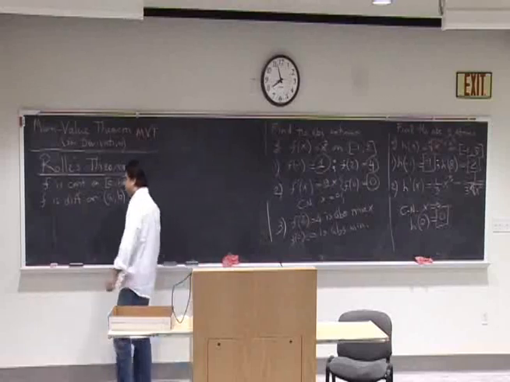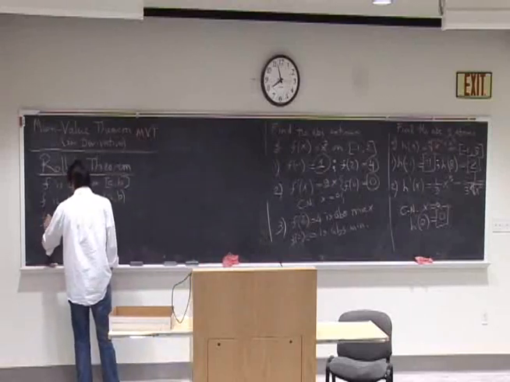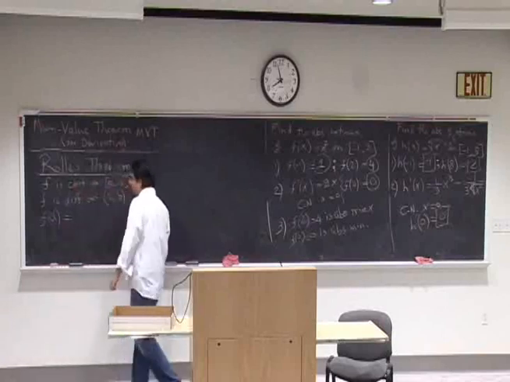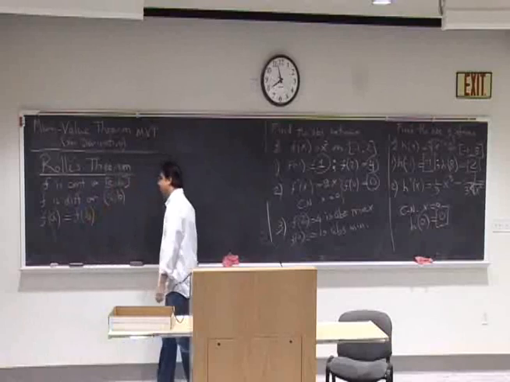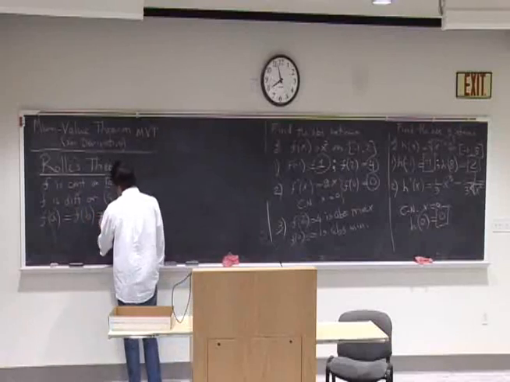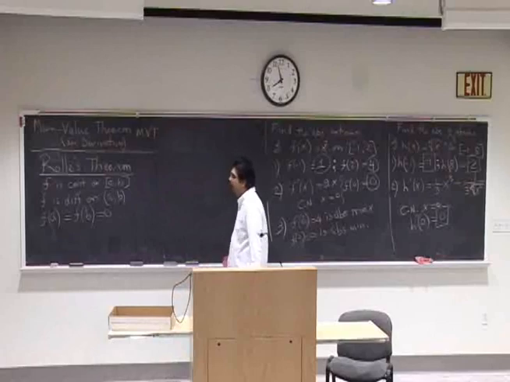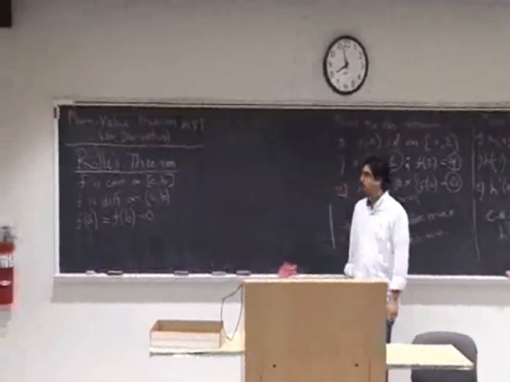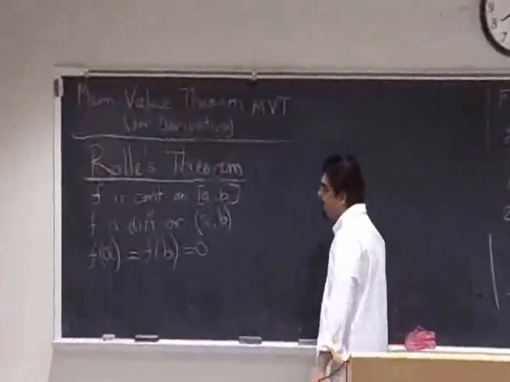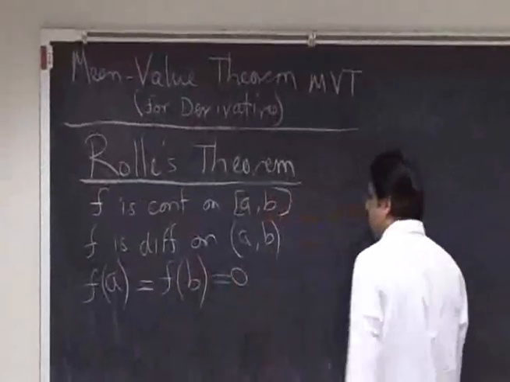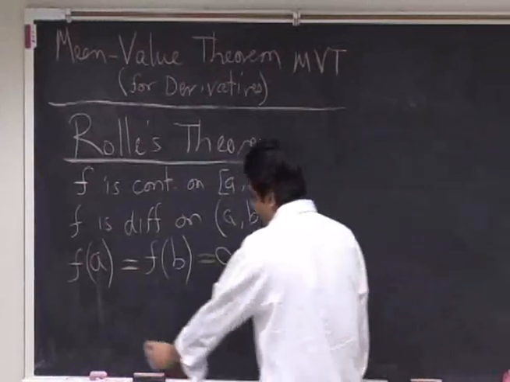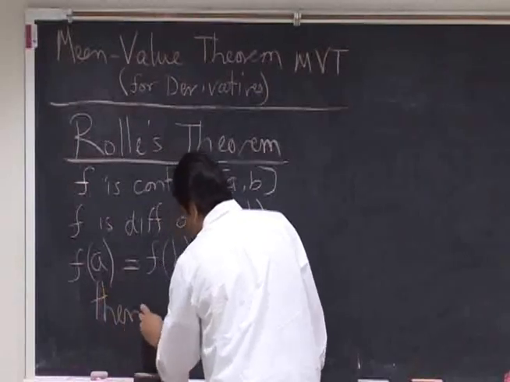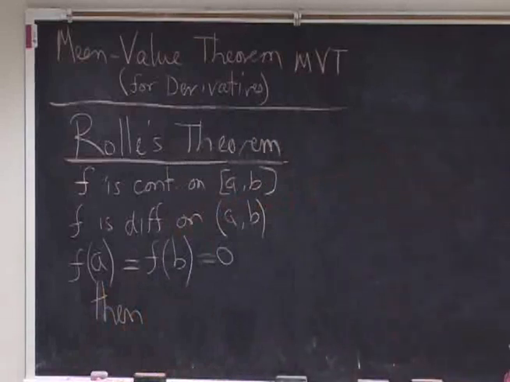And the third condition is that the function value at a equals the function value at b. Okay? And equals 0. Although that the function values equal 0 is not necessary. It's enough to say that f(a) equals f(b). But for simplicity, we'll just say that they're equal and they're equal to 0. Then, the conclusion that Rolle draws from these three criteria